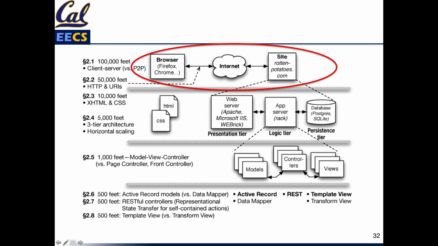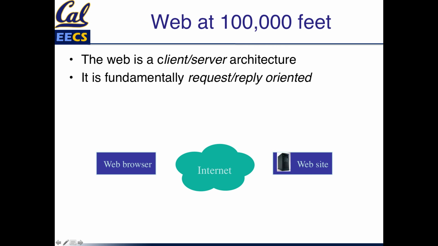So in terms of this diagram that's reproduced from the book, we're going to start at this top level right up here, where in the simplest possible manner, we think of a web browser, we think of a series of tubes in between, and we think of a site where you want to end up and get some content. So from 100,000 feet away, using height as an analogy, and as we go closer to the ground, we'll see more detail, you can think of the web as a client-server architecture, which means that it's request and